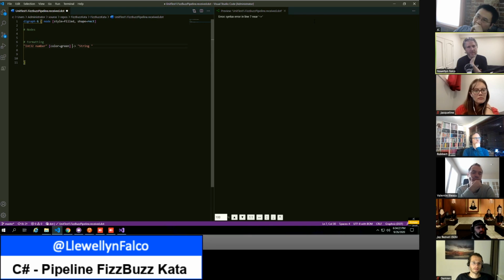Okay, and then what I'd actually like on the next line, let's have fizz converter go to a combiner. And then let's have buzz converter also go to a combiner. But I don't actually want string converter to go to the combiner. I want the string converter to go after the combiner. So, no, I want the combiner to go into the string converter. And let's take the string converter out of the thing above.